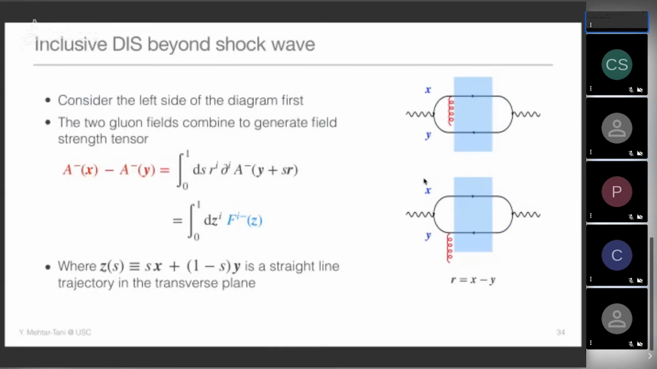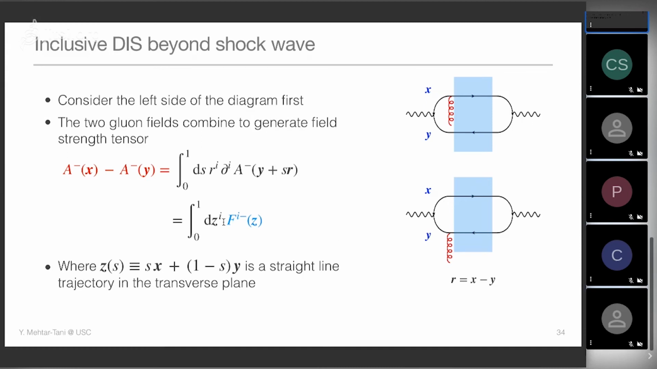And the structure that is hiding is, again, this field strength tensor. The interaction with the quark happens at the transverse coordinate x, and the interaction with the anti-quark, which happens at another transverse coordinate, can be combined as follows. This difference can be written as an integral over the transverse position z, which interpolates between these 2 positions. And then this is an integral over the field strength tensor that could happen anywhere between these